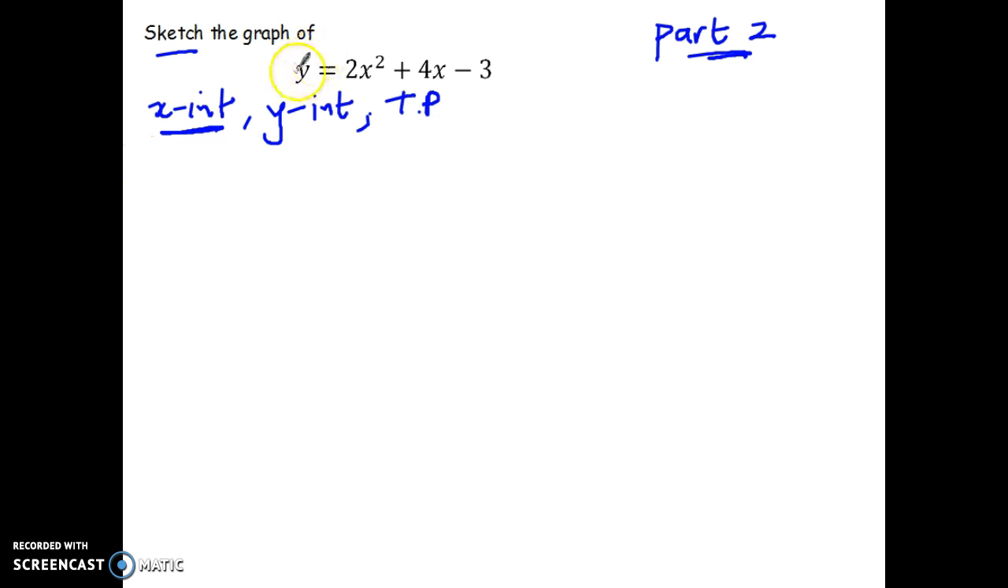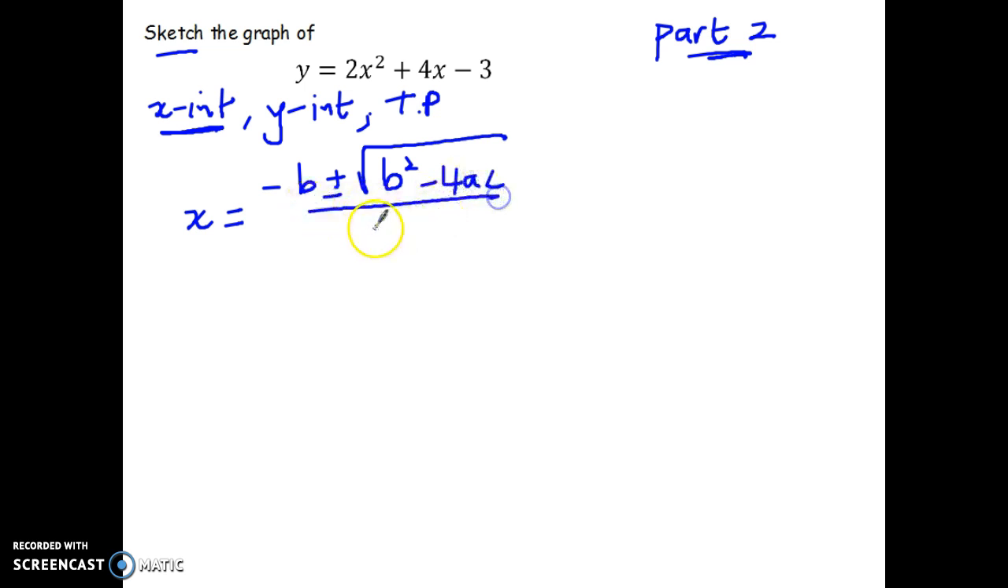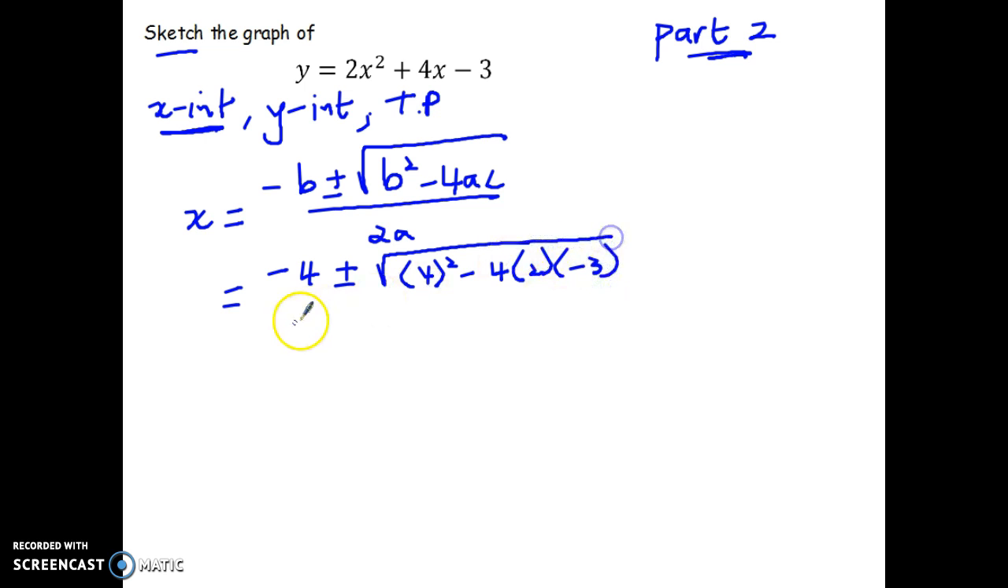In this type of calculation, because we're asked to use a GQF, we're going to use that to get us our x-intercepts. So write out your rule and substitute the A, the B and the C from your trinomial. So minus B becomes minus 4 plus or minus the square root of 4 squared minus 4 by A, which is 2, by C, which is minus 3, all over 2 lots of A, which is 2. So neatening all that up,